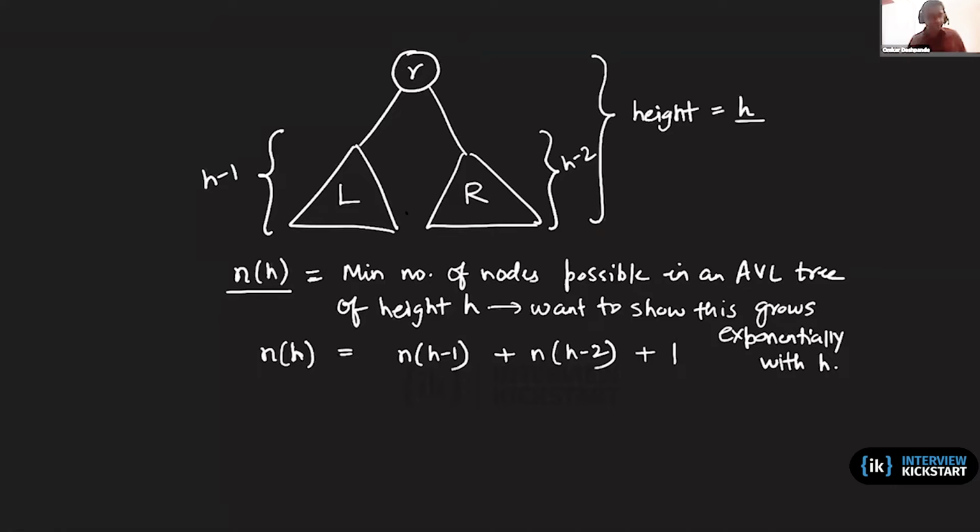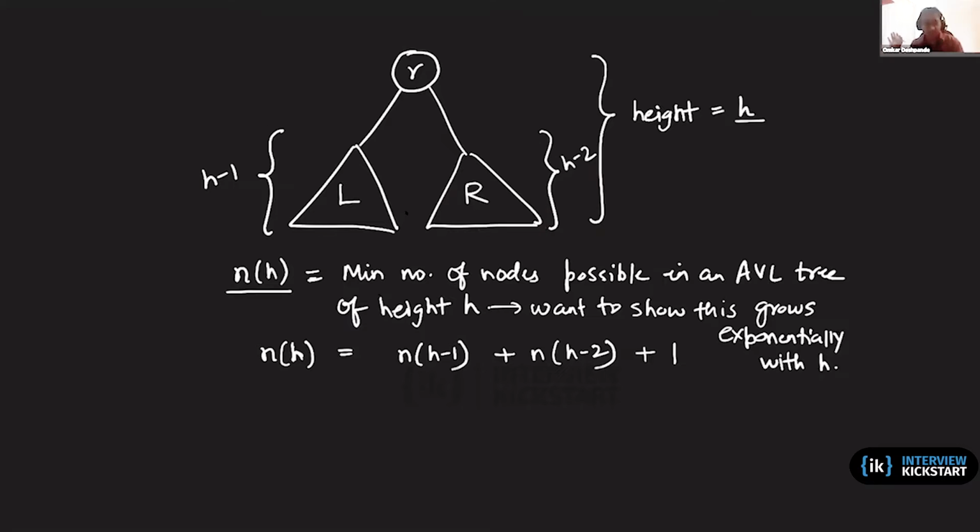Yeah, I'm still trying to understand why h minus 2 for the right subtree, because they could both have the same height and give you 0 for the root node, which would satisfy the AVL tree requirement, right? If they had, suppose this right subtree had a height of h minus 1, I could take all the leaf nodes in that subtree